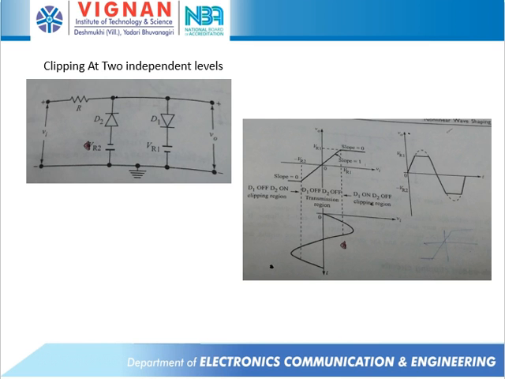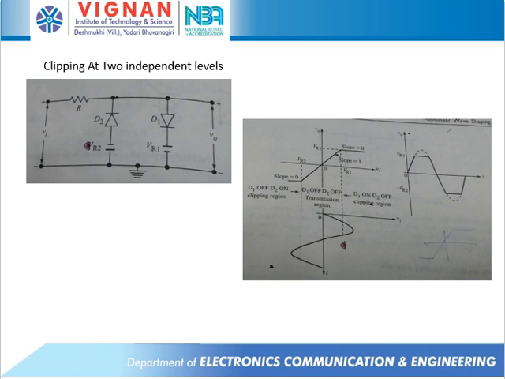And the other representation of our diode clippers is clipping at two independent levels. In clipping at two independent levels, we are going to use multiple diodes. These multiple diodes are useful to eliminate our signal at different levels. So according to the circuit, if you observe,